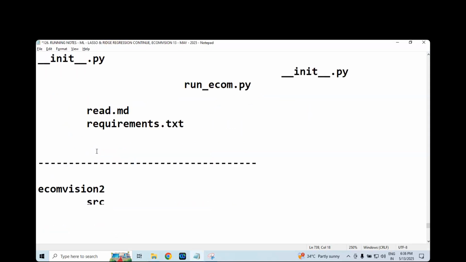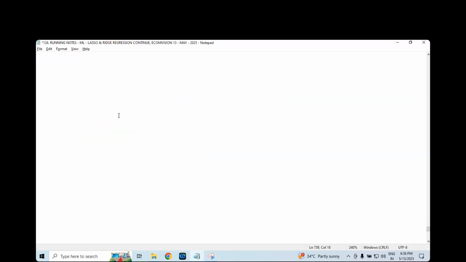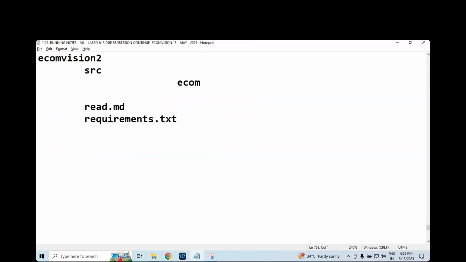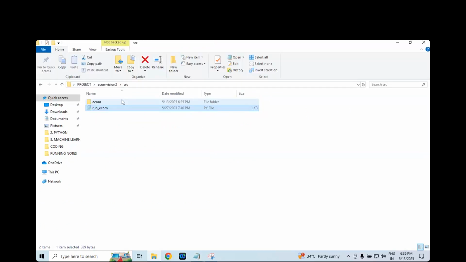Very good. What is the next step? Open SRC. Very good. Ecom and run_ecom.py. You should know. Let's open ecom. You guess, that's it. See how you know, because of ECOMVISION version 1.